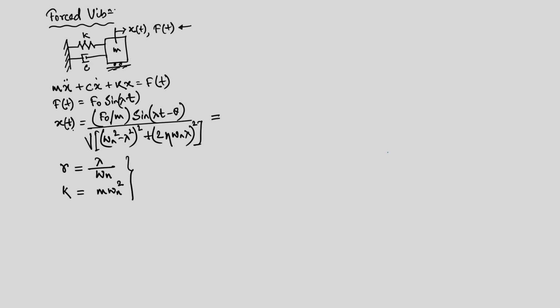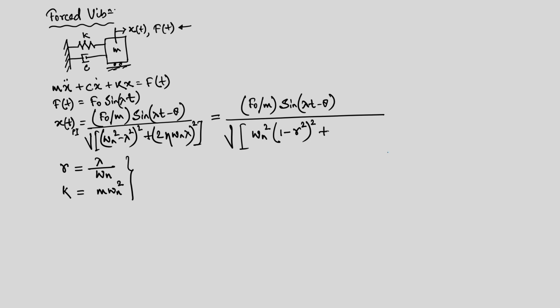response, and before that let me just write it down here. This is the particular integral. Okay. Fine. So, what we will do? We have f naught divided by m sin lambda t minus theta, and then we can simplify the denominator. So, what we have here, if you see, we can take omega n square out, and then what we will have is 1 minus lambda square by omega n square. So, this is r square, whole square, plus, in the next term, what we have? Sorry, there will be omega n square whole square.